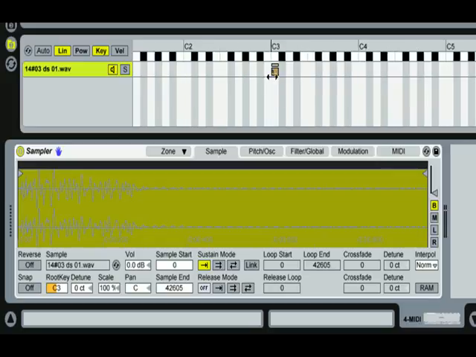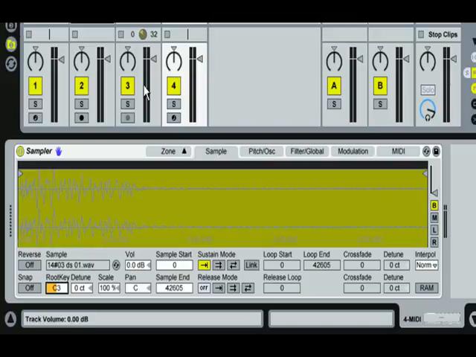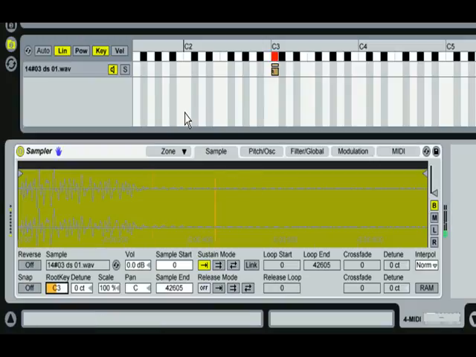Now if you wanted to change your root key, this little section right here next to snap will allow you to change the root key. And I can keep it on the same C and then transpose it up or transpose it down, and this is going to affect the tone of the actual instrument too. So if you ever wanted to make your drums sound higher or lower, you can do that easily through using those tools. And if I wanted to transpose it up a little bit, or if I wanted to transpose it down,